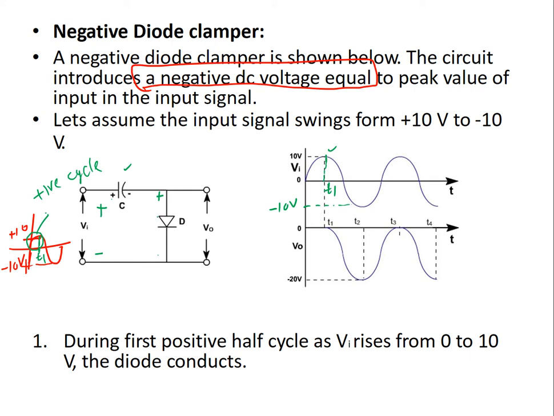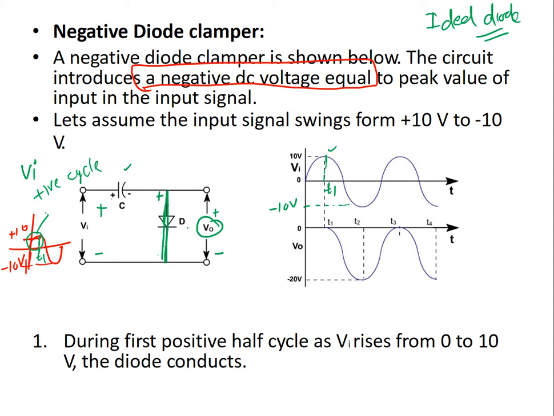So this diode will be in forward bias. We are considering an ideal diode here for understanding. Forward bias means here I will have a simple short circuit, and we are observing the output here. This is our input signal and we are observing the output at this level. So for the positive cycle, this will be replaced by a short circuit.